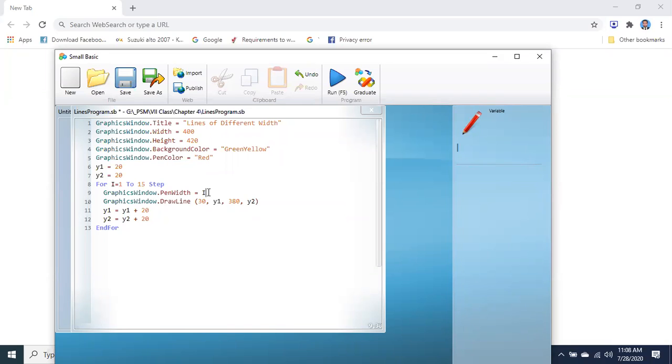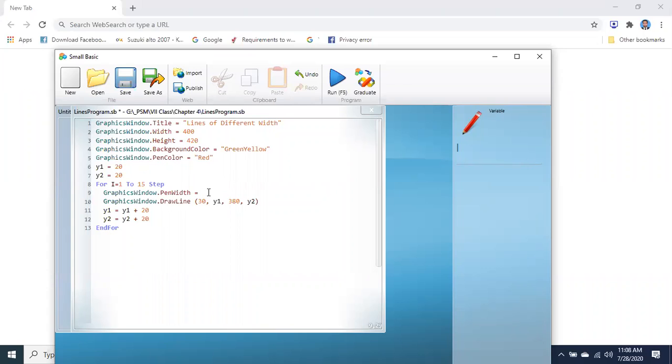Are you getting this point? Each time it is being increased by one, so each time the thickness of the line will increase. If we don't do this and fix it, the thickness will not increase. For example, if I write 4, every line will be of width 4.